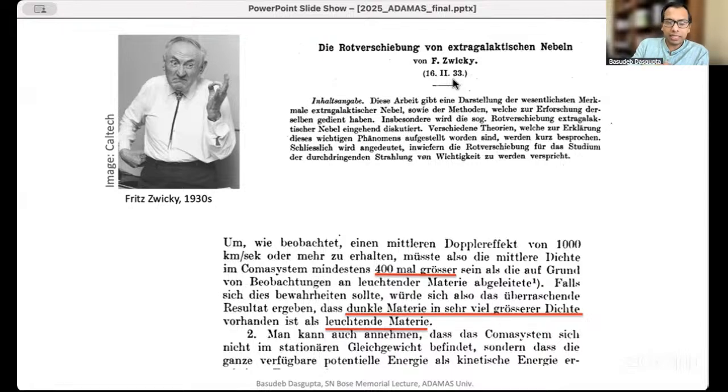Now, of course, this estimate was not entirely accurate because there is some amount of mass in a cluster of galaxies that is not visible just because it is not very hot and not emitting light. But nevertheless, this result remains true even today. It is true that clusters of galaxies have a lot of dark matter, which is truly dark in the sense that it is not like ordinary matter, which is not emitting light, but something else which is more than the visible matter in the cluster of galaxies. And we will see how we know this by looking at the next four lines of evidence.